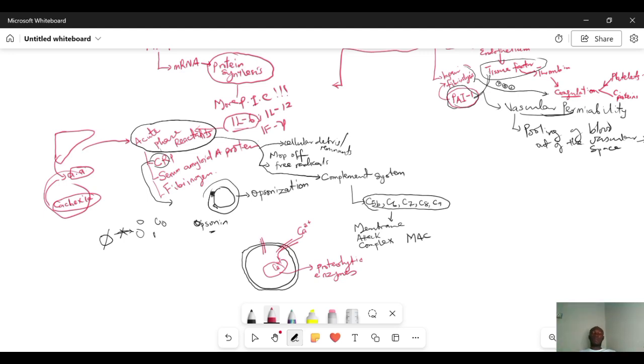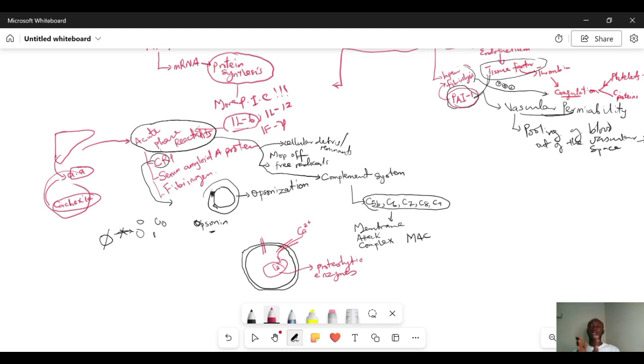Importantly, C-reactive protein does this. It tags the bacteria through a process called opsonization, and this makes it now possible for the macrophages to identify these bacteria and phagocytose them eventually. And then also the acute phase reactants activate the complement system, and these complement system,